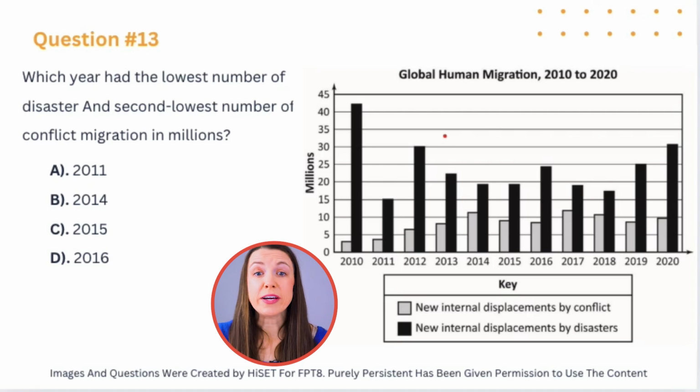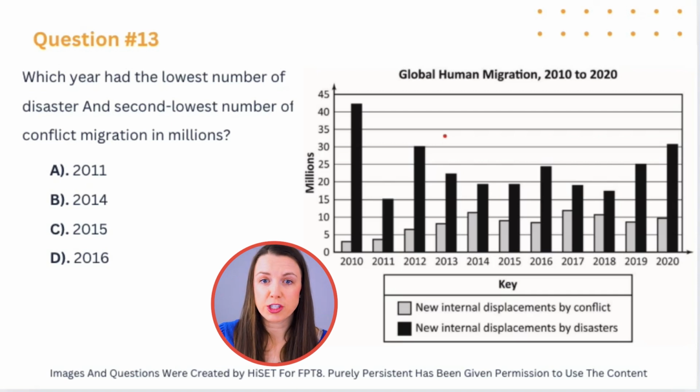Question 13. Which year had the lowest number of disaster and second lowest number of conflict migration in millions? Okay, so lowest number of disasters. So disaster is going to be the dark one, right? So the lowest number of disasters, looks like 2011 had the lowest number of disasters, right? But let's look at the second part where it said the second lowest number of conflict migration in millions. Conflict migration is the gray. So it looks like 2010 has the lowest conflict migration, and then 2011 had the second lowest. So just by looking at the graph, not even the numbers, we're able to decide that